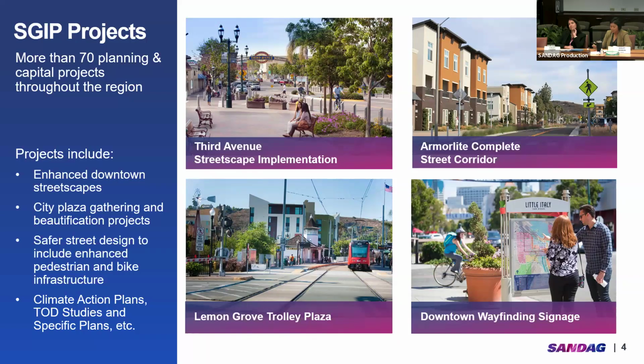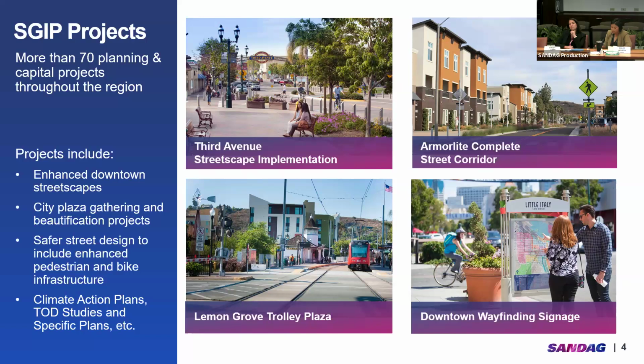On this slide, you can see photos of successful Smart Growth Incentive Program construction projects. From the city of Chula Vista, you can see their 3rd Avenue Streetscape Implementation Project. On the top right is San Marcos's Armorlight Complete Street Corridor. The bottom left is Lemon Grove's Trolley Plaza, and on the bottom right is the city of San Diego's Downtown